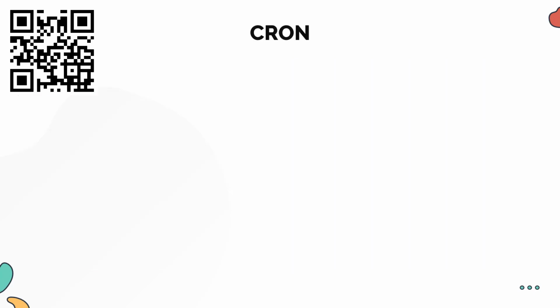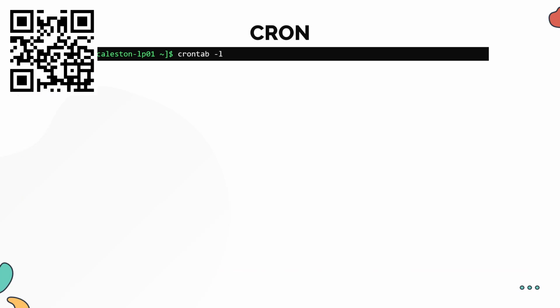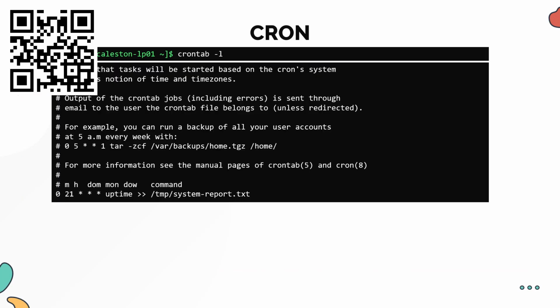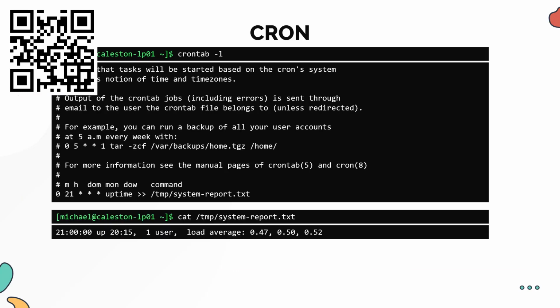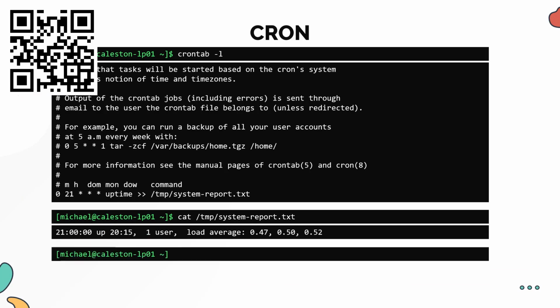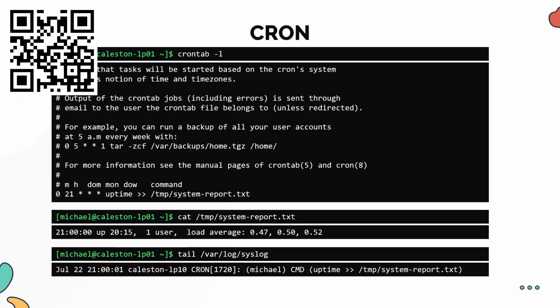To list all the jobs scheduled in cron, you can run the command crontab -l. One way to validate that the task was indeed run at 9 p.m. is to check the file where the output is being appended. Another way to check if the job was run successfully is to inspect the log file /var/log/syslog, like this. In this example, we can see that the specific command was run at the scheduled time on